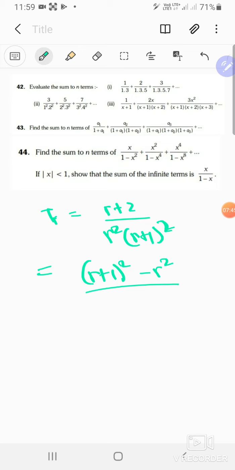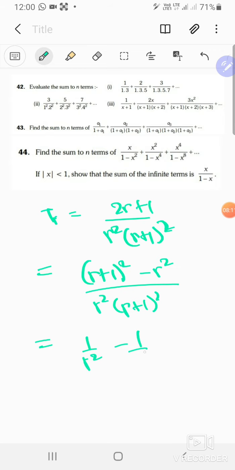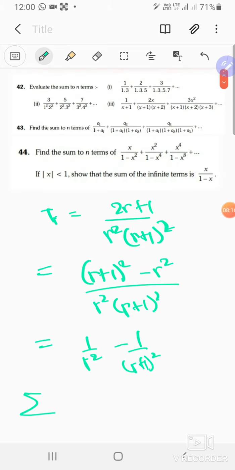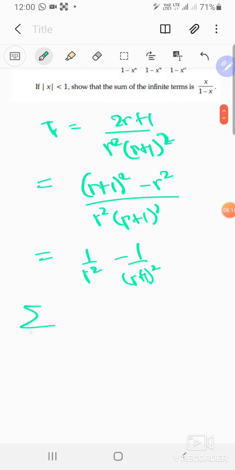I think we are going correct on that. Wait, no. This is not R plus 2, it is 2R plus 1, sorry for that. So that thing upon R squared into R plus 1 squared is 1 upon R squared minus 1 upon R plus 1 squared. Okay, so if we sum this up from R equals 1 to n,